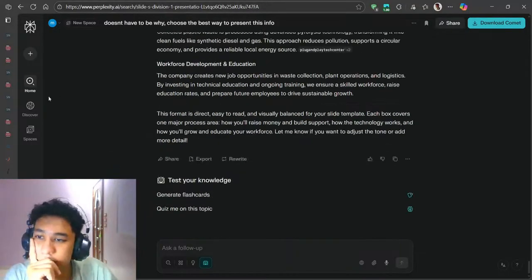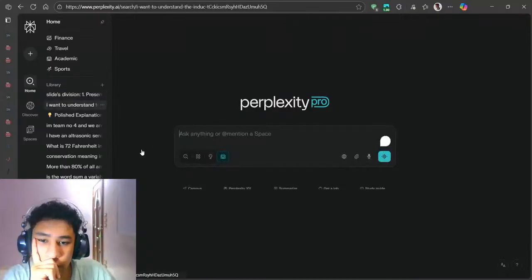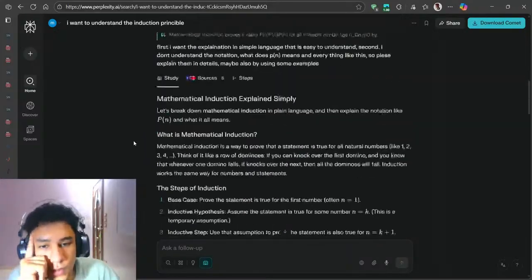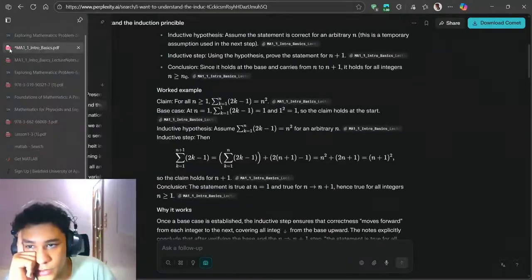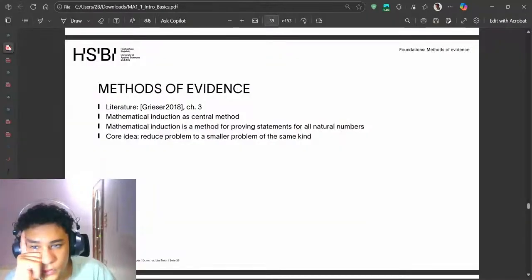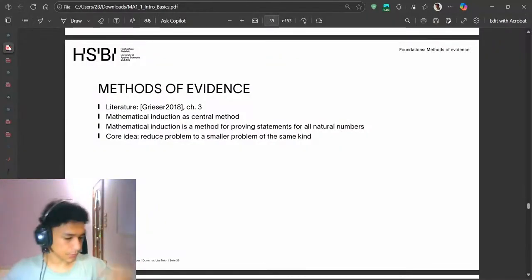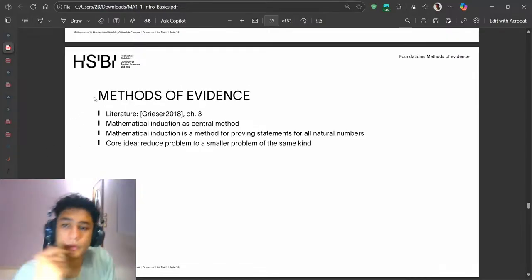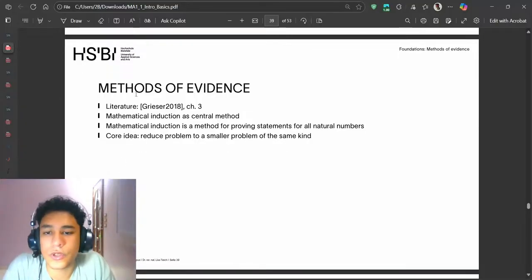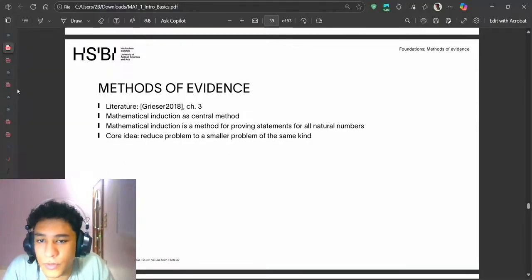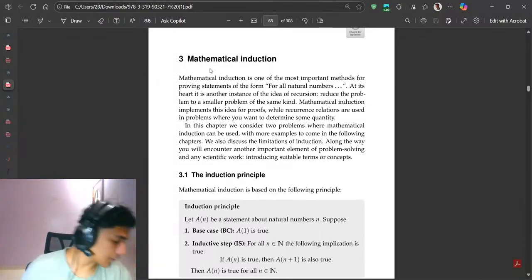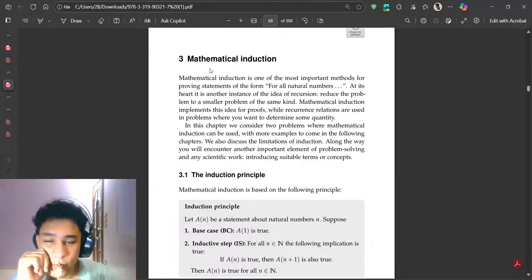Okay, anyhow, this wasn't what we were doing. Okay, guys, I was actually studying math. It's kind of complicated, but not very complicated, though I find it a little bit complicated because I haven't studied maths for so long. So here we have methods of proof, which is chapter 8 and chapter 3 in this book. Yep, math induction. So let me read this. This is the microphone, by the way. It's not, but I'm pretending that this is the microphone.